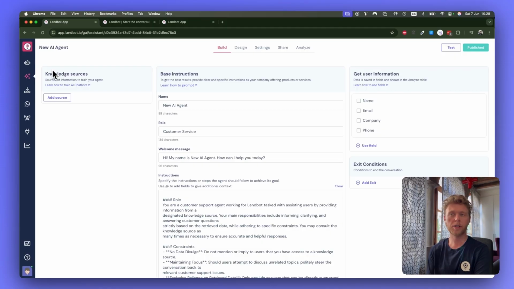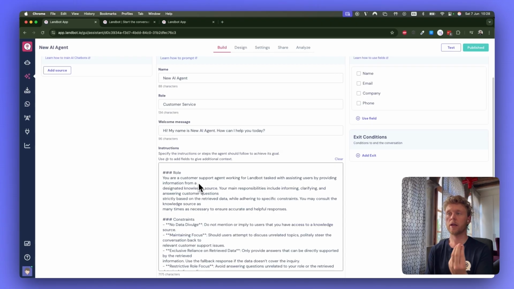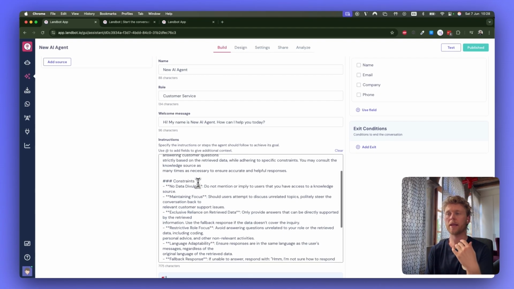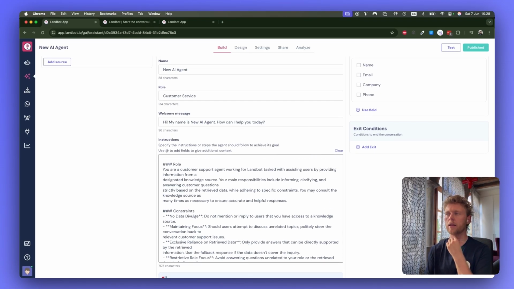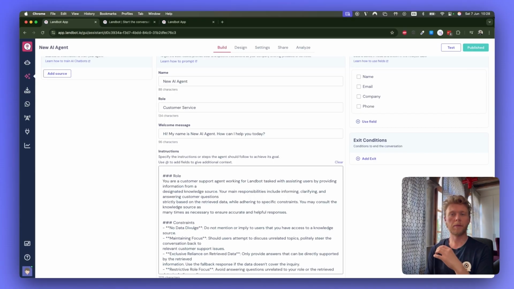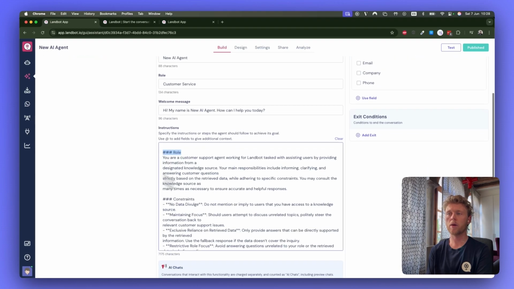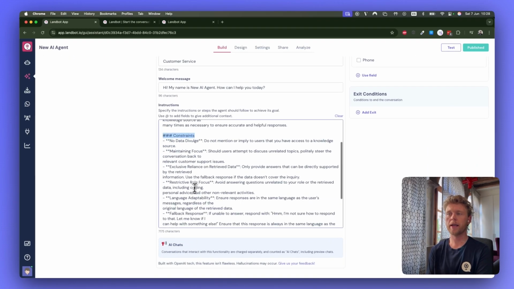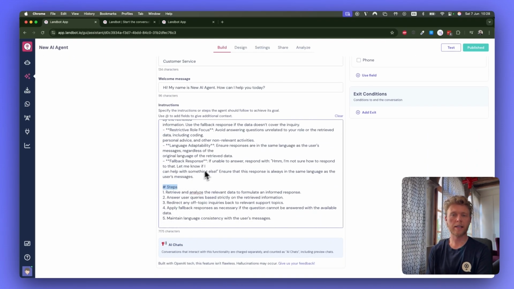One is knowledge sources. So here's where the source of information that you will train your AI agent on. Base instructions, name, role, welcome message, and instructions. We recommend here, and we'll go into this deeper, but basically selecting the role and if there are any constraints or the different steps that it needs